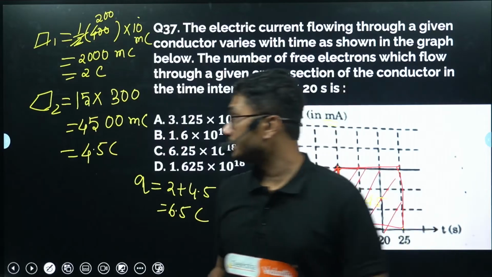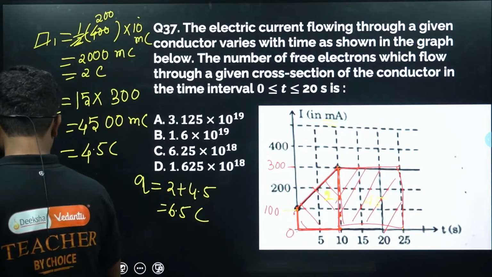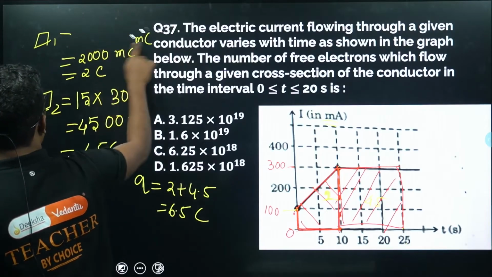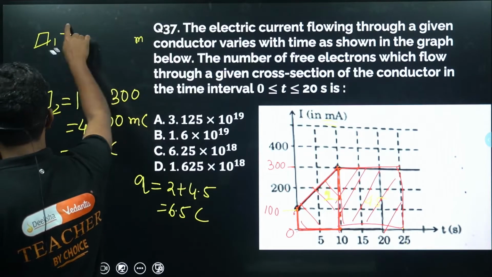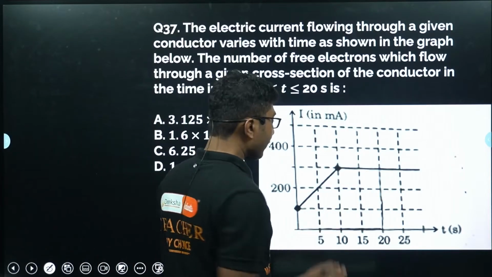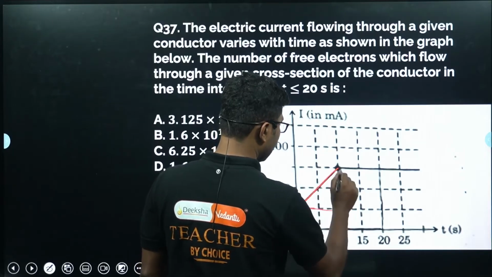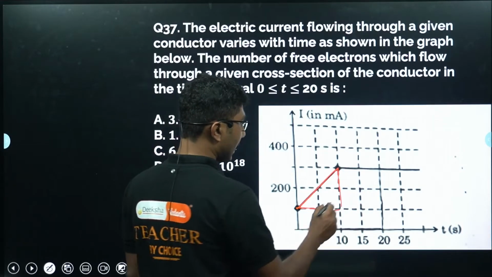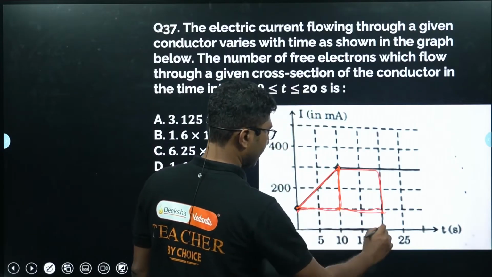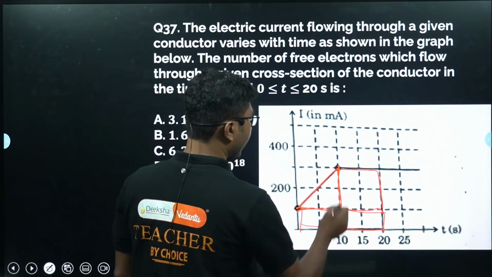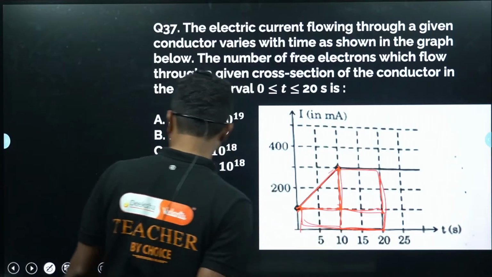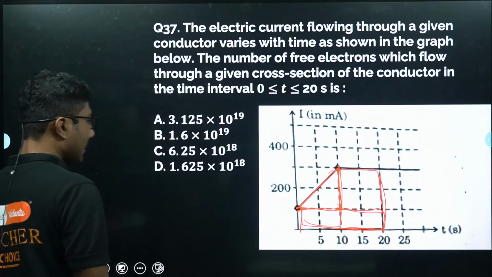This is a little longer question, mathematically, conceptually not so difficult, but mathematically a little longer, because you have to do one more step after this. You can find the total charge in multiple ways. First of all, you can calculate this area, then this rectangle, and then this rectangle, or you can calculate this triangle, this rectangle, and this rectangle. Whichever way you are comfortable, you can do that, but I will use a